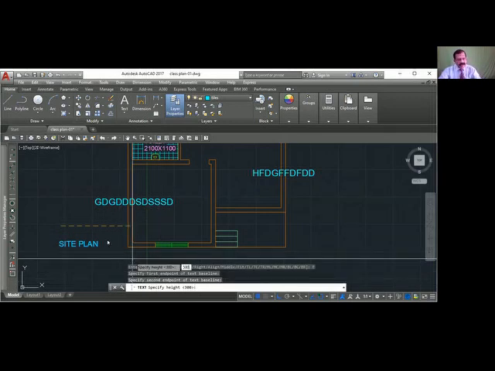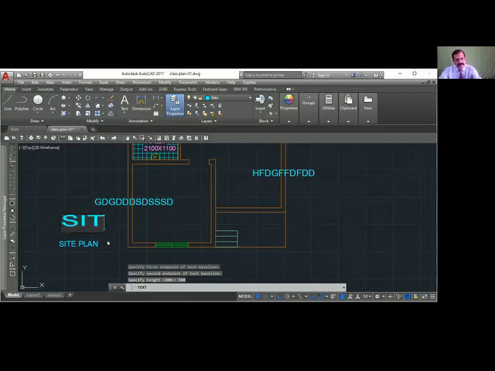Enter. Now you type there, site. See, only the width is adjusted, height remains the same. The fit command fits between 2 points with a constant height.